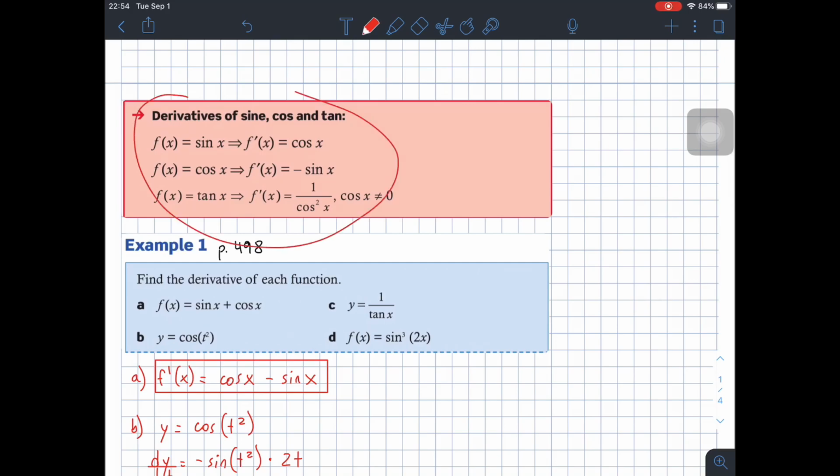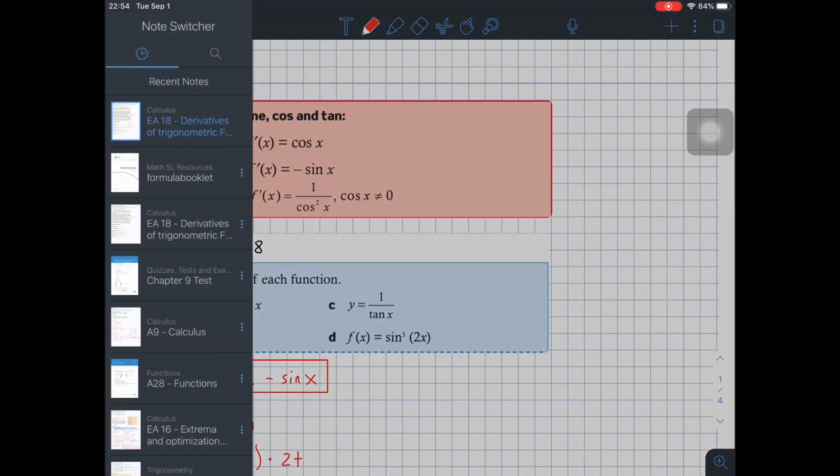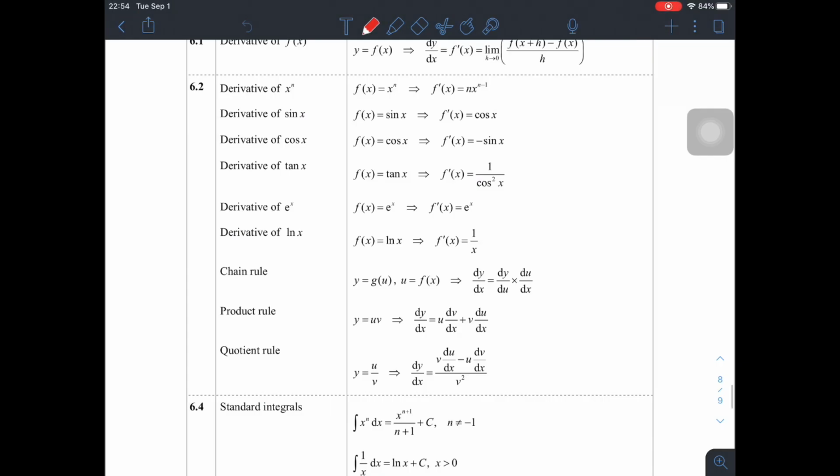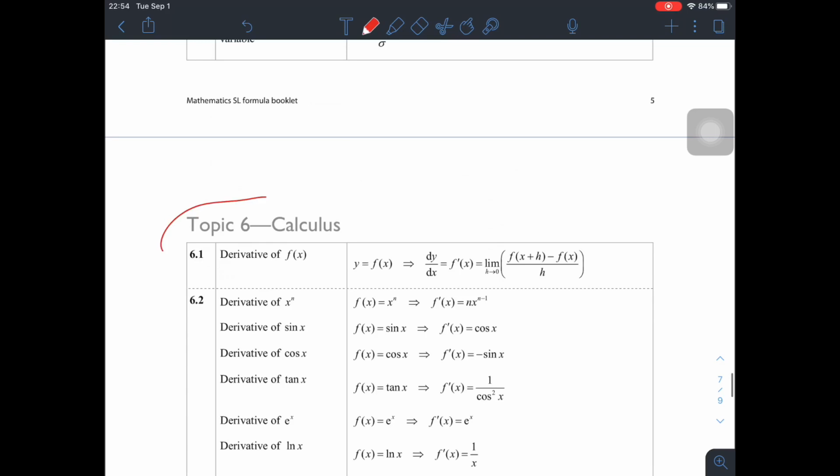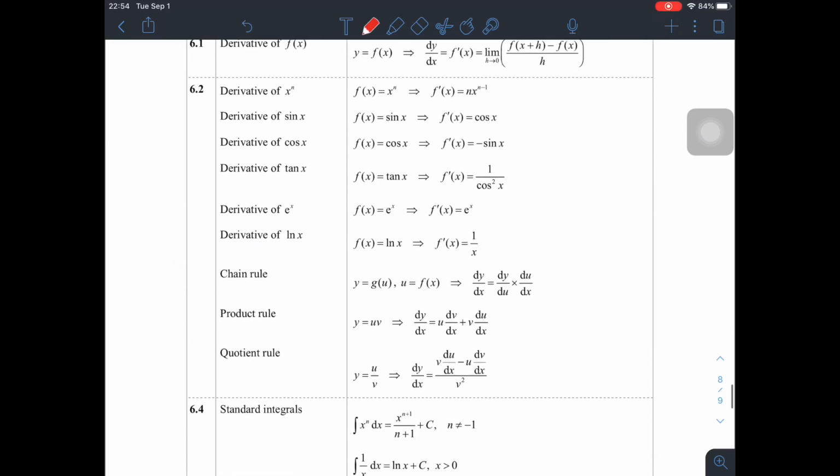Okay, so the new part is this: derivative of sine, cosine, and tangent. These are the three new formulas, which, by the way, are in the formula booklet. Let me show you. If you go to the formula booklet, here you have the three of them. This is topic 6, calculus. And if you scroll down here, you would see that we have these derivatives, and then all of the rest